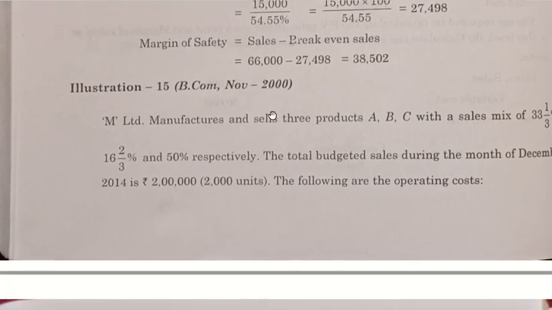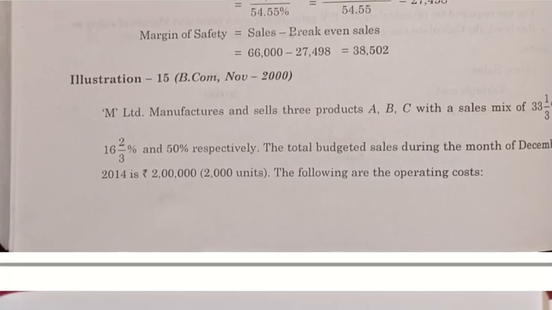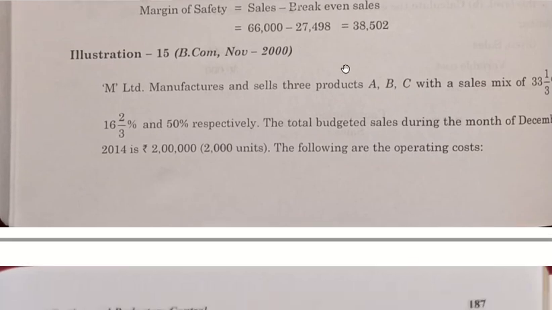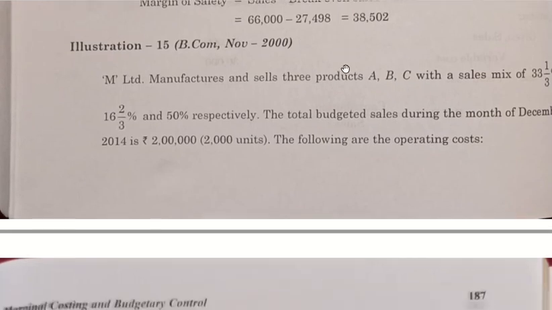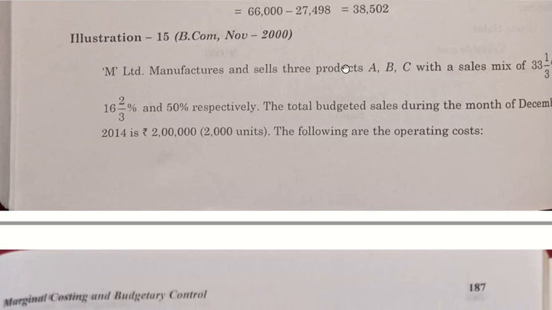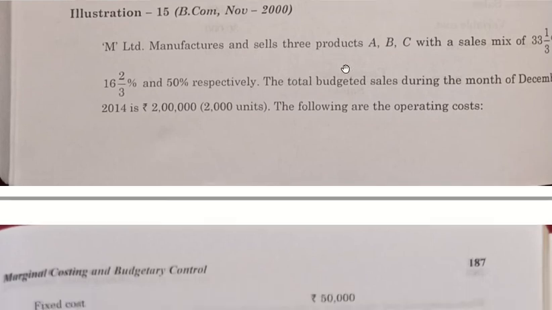What is your margin of safety? Sales minus BEP. So 66,000 minus 27,498, which is equal to margin of safety is 38,502. So your next question,